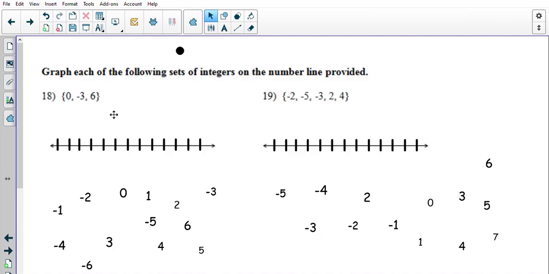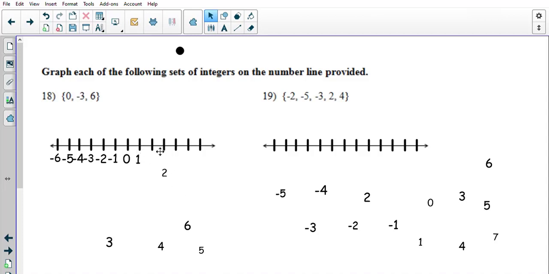So I'm going to go ahead. I think the smallest number I have is -6. Then I number these tick marks. So I've got -6, -5, -4. They're going to be really squished together there. -3, -2, and I wrote these numbers out ahead of time just to save time. -1, 0,